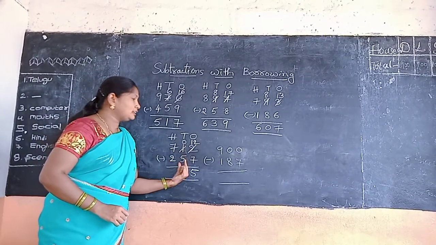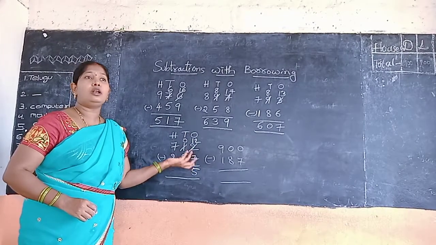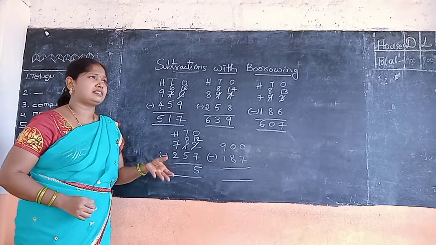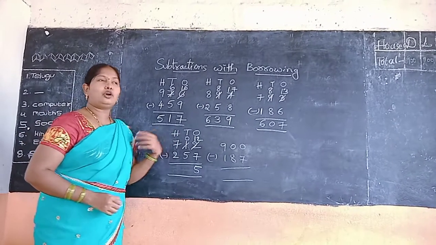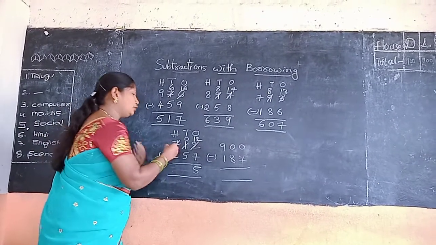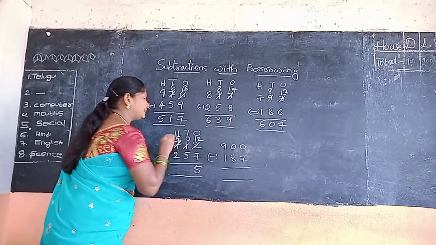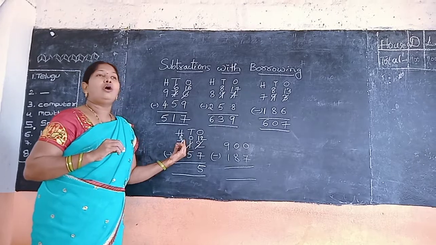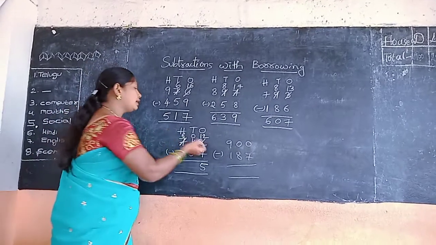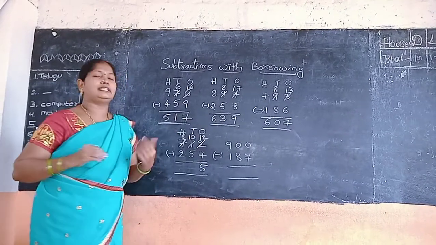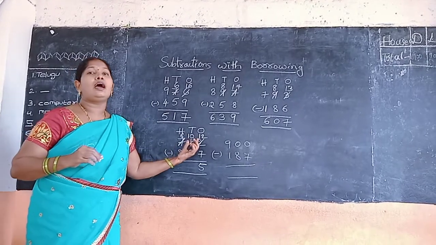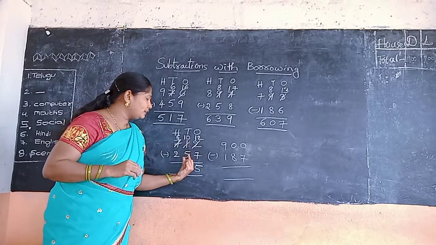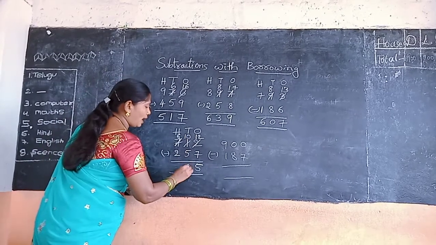Now take 0 minus 5. It is not possible to subtract. 0 is a small number, 5 is a big number. Okay, now take from 100's place to borrow. Okay, now reduce one number from 100. Okay, 7 minus 1, 6 is coming. Now this place is 0 means 10. This is a 100's place. This is a 10's place value means 100. Now 10 minus 5 is equal to 5.